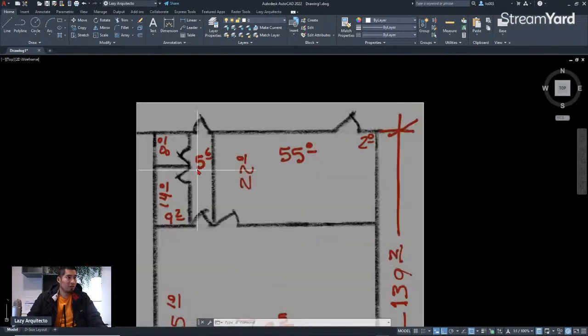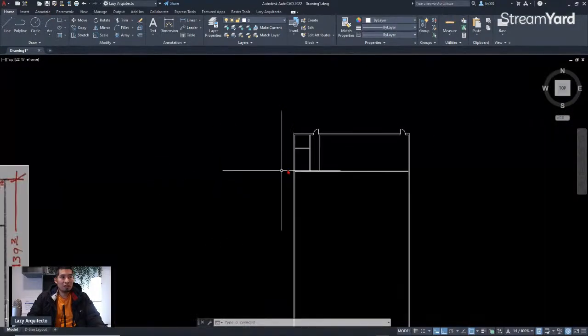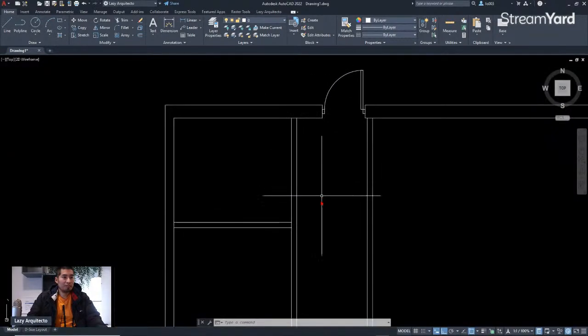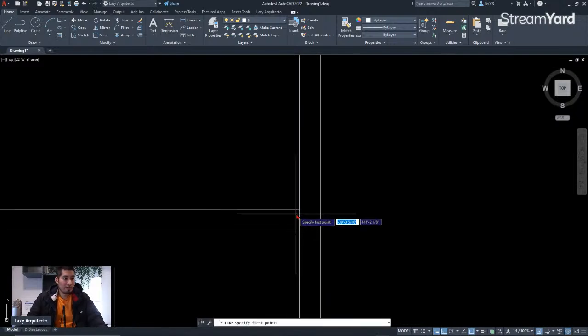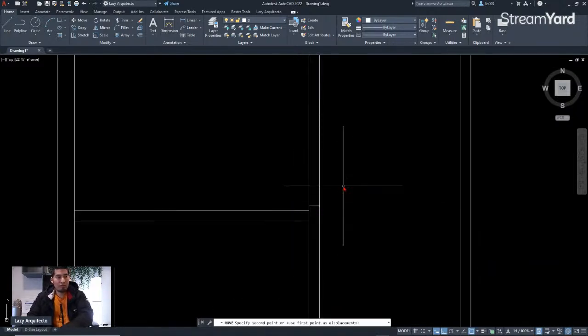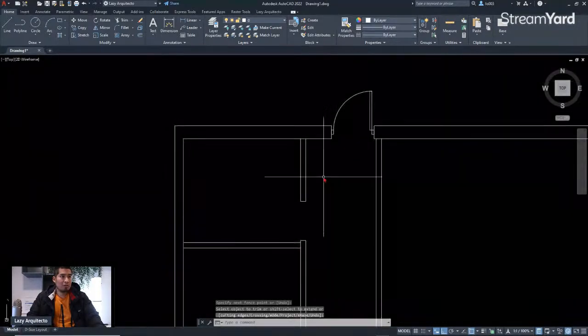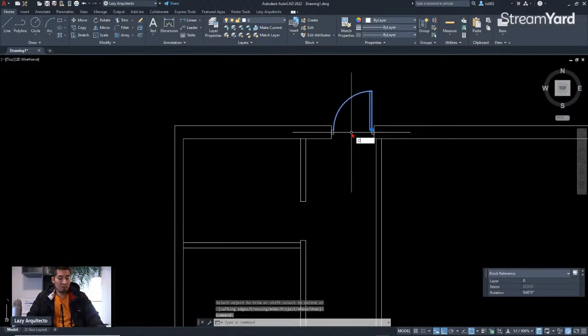So I'm gonna keep drawing doors quickly. There are two doors with no sizes or nothing, so I'm gonna use the standard over here. I'm gonna draw a line, move it 2 inches up, offset it 3 feet, trim it, copy the door,